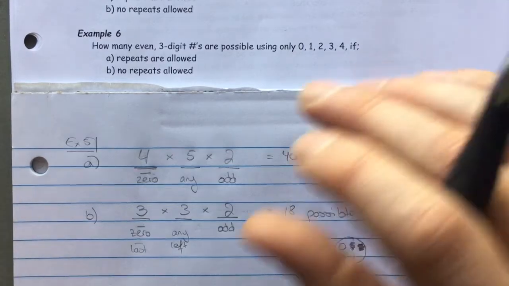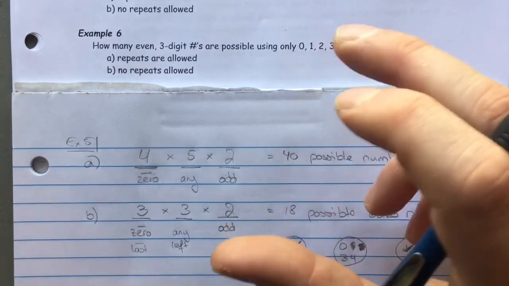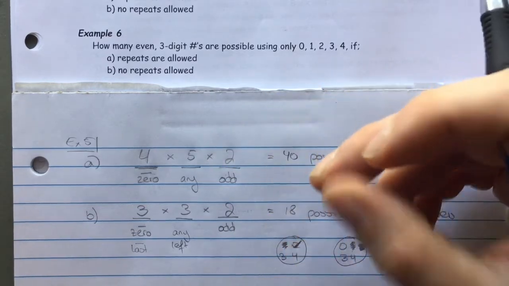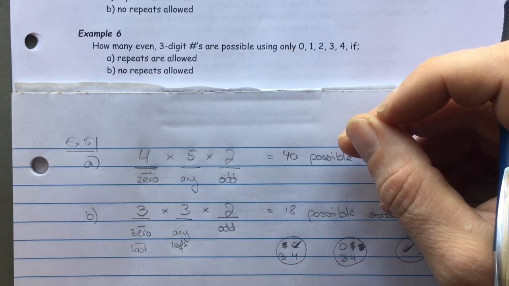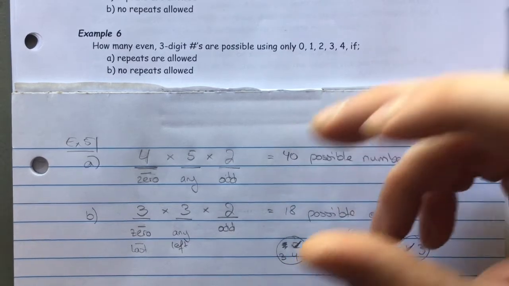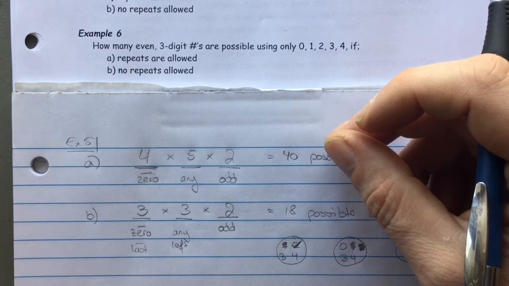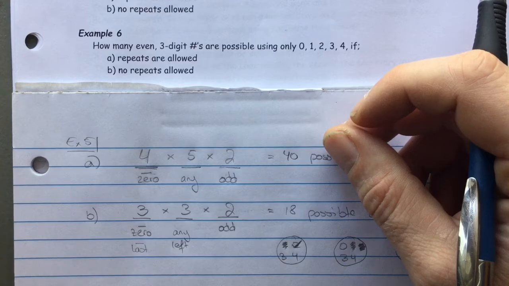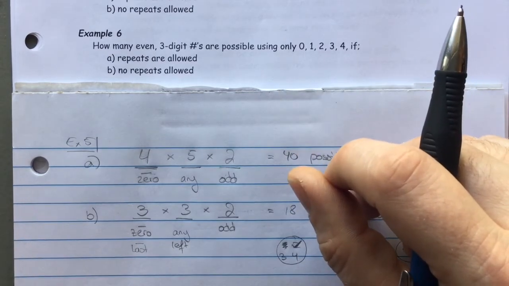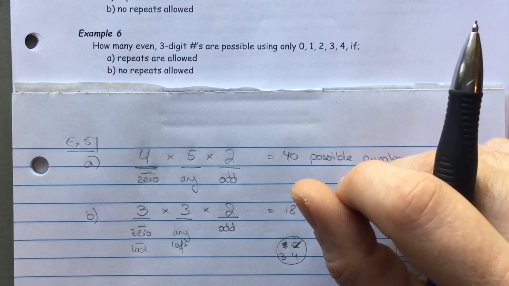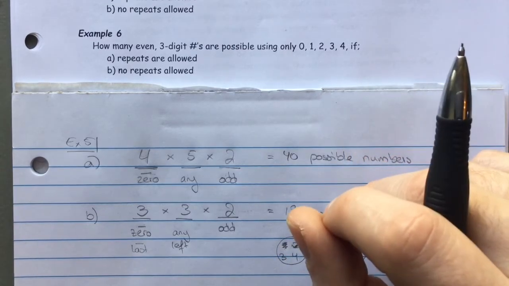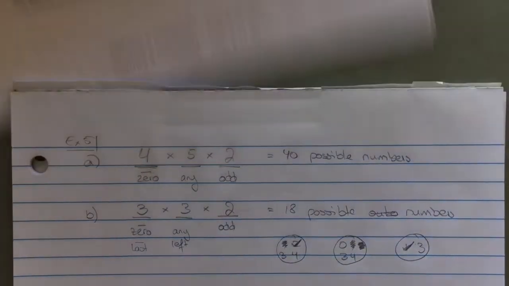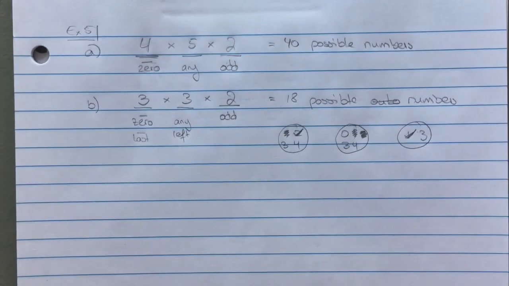And so why is that different, or how does that change things? You'll see that the choices of the last digit will depend on the choices of the first digit, or vice versa, because your first digit can't be a 0, which is also an even number. And so when you can't repeat digits, that's where it becomes a little bit dicey, or a little bit interesting. So let's get started with example number 6a, where we actually can repeat. So just as a reminder,